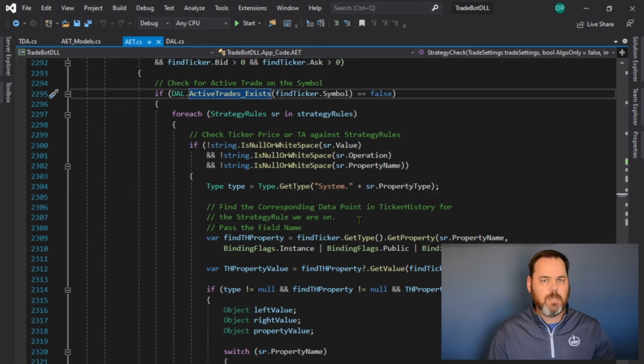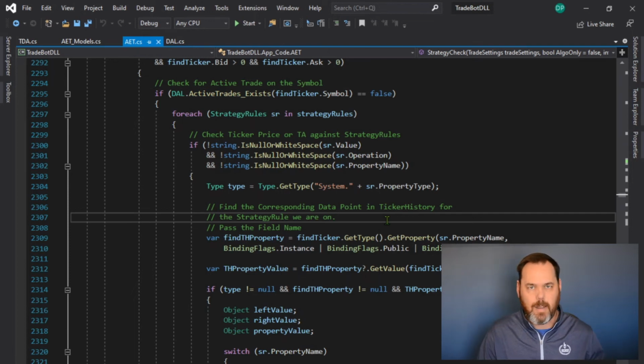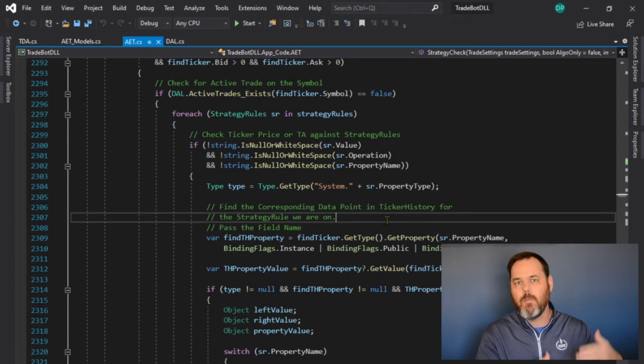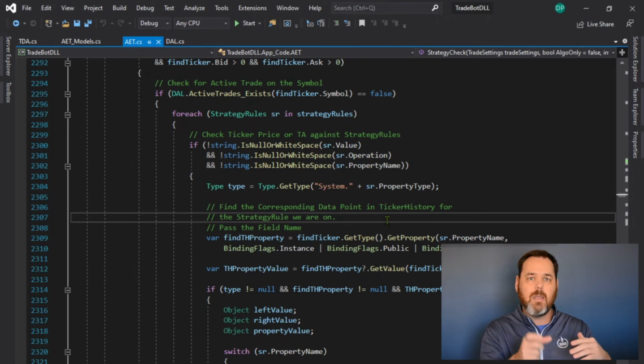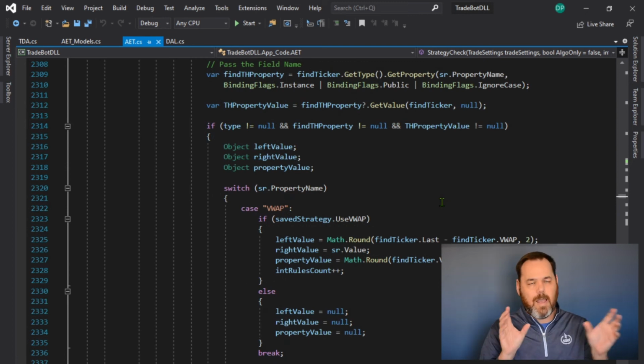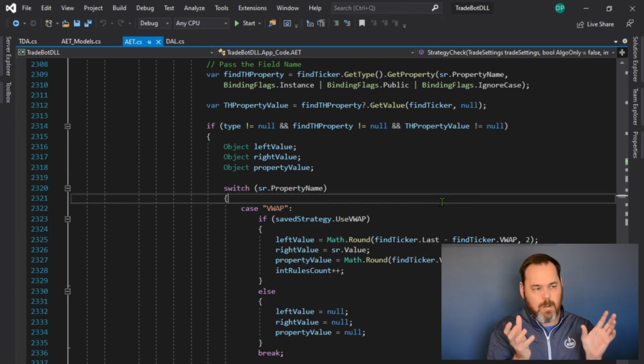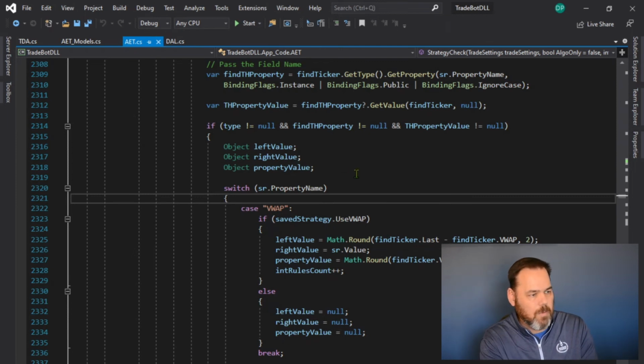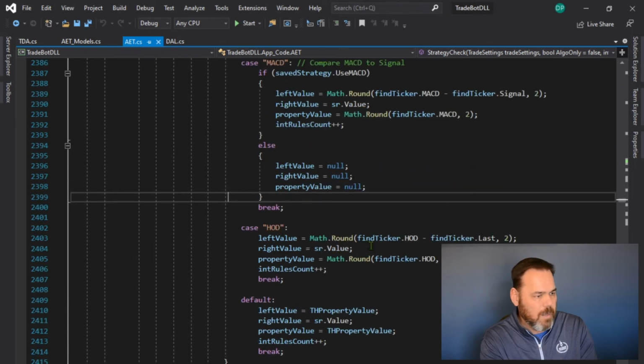So the strategy rules are based upon C# or .NET expression trees. So the bottom line of it is it allows me to, after the code's already compiled and running, take in other values, other code, and compile it and run it as part of your already pre-compiled running code. Go YouTube it. You figure it out, okay? All this really is, you know, expression trees, you have a left and right value and then the operator in the middle, okay? So that's all I'm doing, is grabbing those, I'm setting it up the way I want it to go,